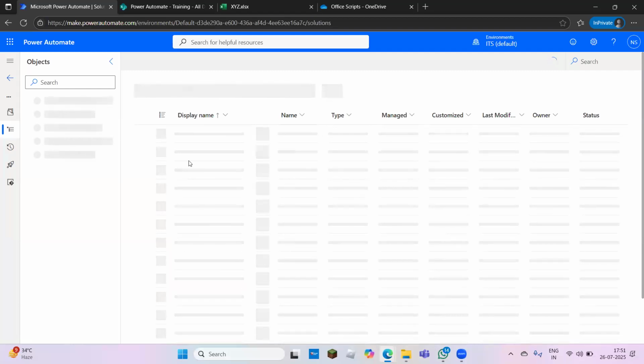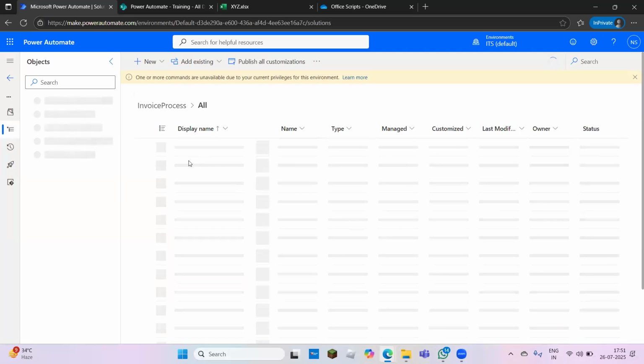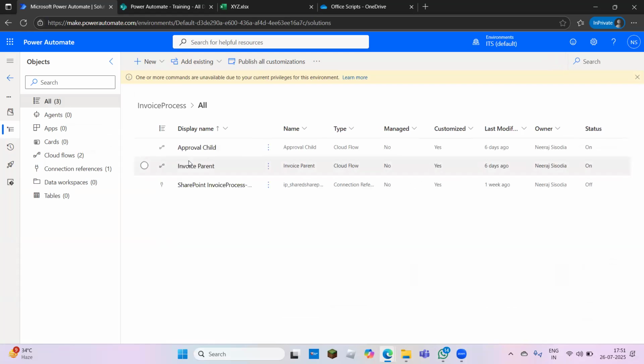The solution is like a complete package where you keep all your flows, models, connections, references, variables, everything, including desktop flows. During deployment, you create one package, export it, and deploy the whole solution package. It will not be a single individual flow, it will be a complete project because it has dependencies. During deployment, this project needs all the dependencies in the prod environment as well. So if I come to the tables,